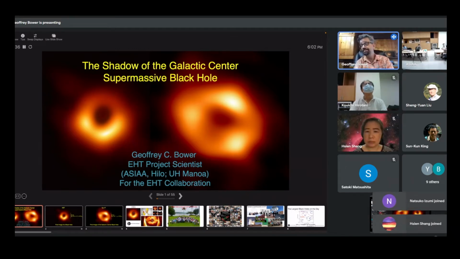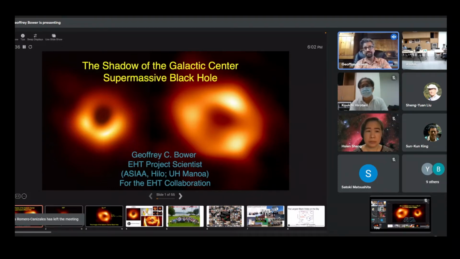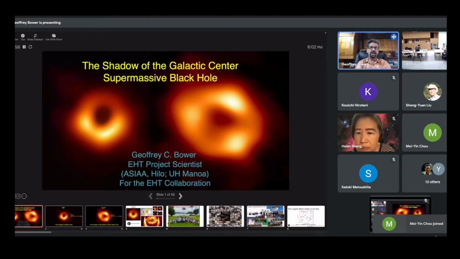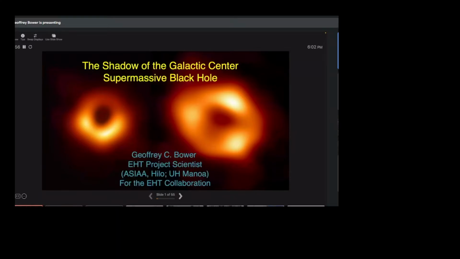results. So you see the two main results from the EHT: on the left, M87, and on the right, Sagittarius A star. And I think you've probably all seen both of these results at this point. So here's M87, and this is the first image of a black hole. And the really critical or unique aspect of this is the extremely small angular scale associated with this